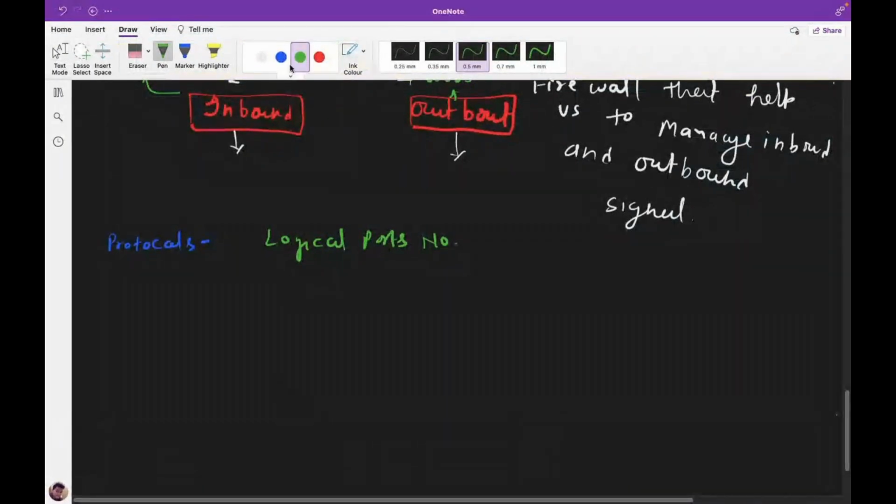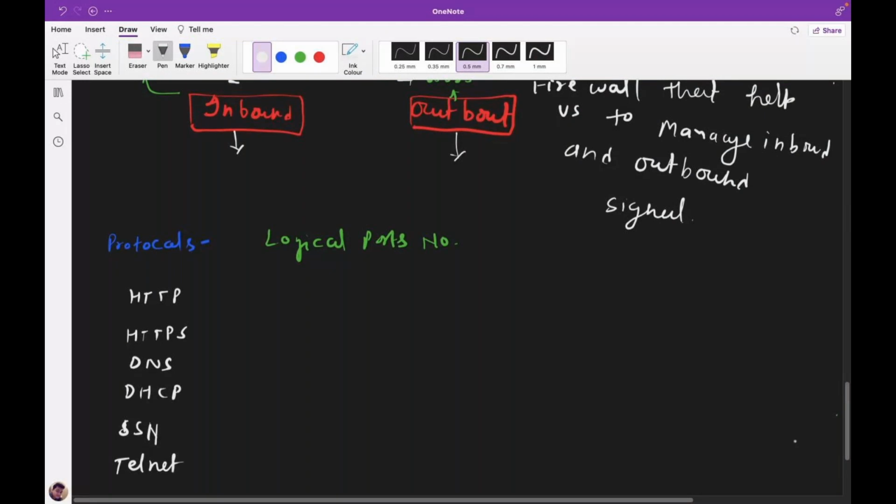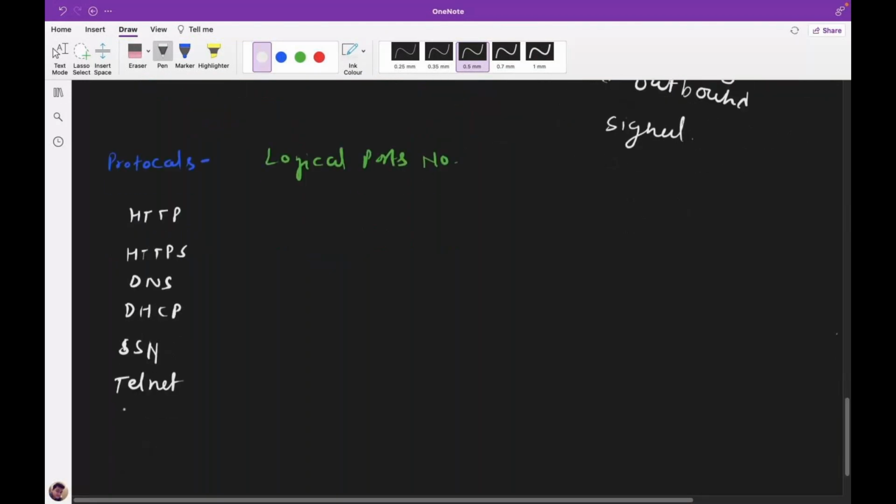I have a list of some protocols: HTTP, HTTPS, DNS, DHCP, SSH, Telnet, and other protocols like SQL and RDP. We have n number of examples, but we should know about the logical ports